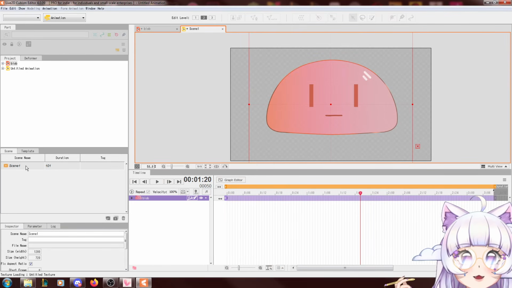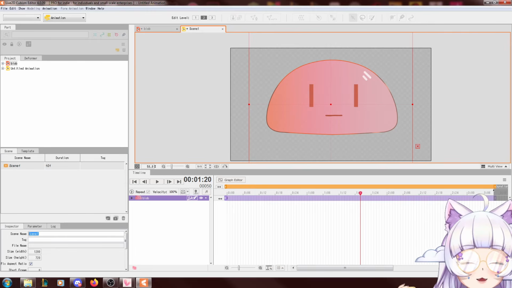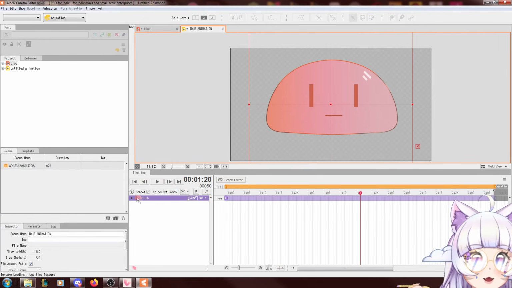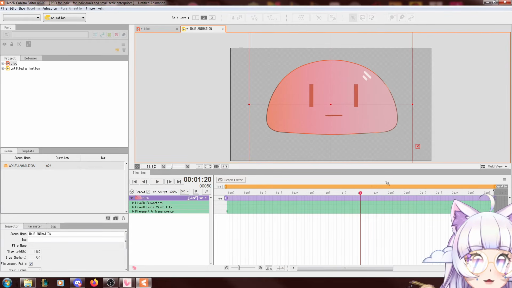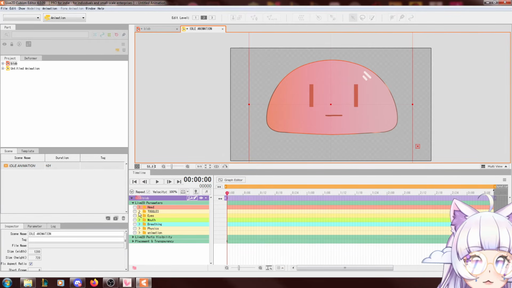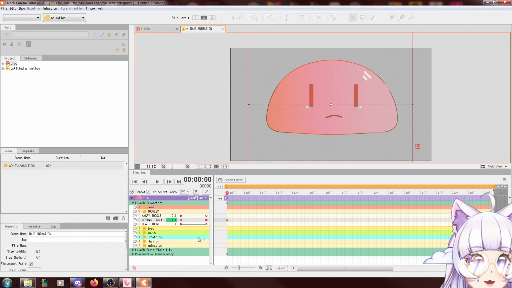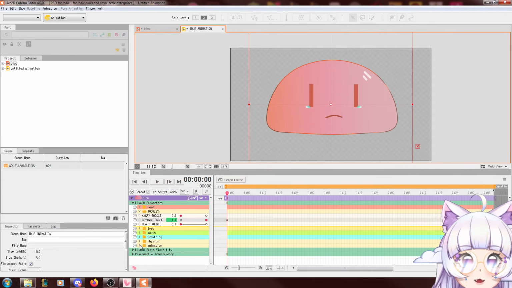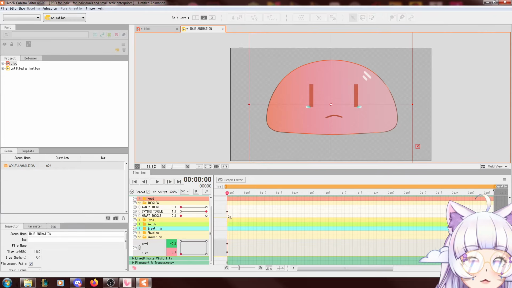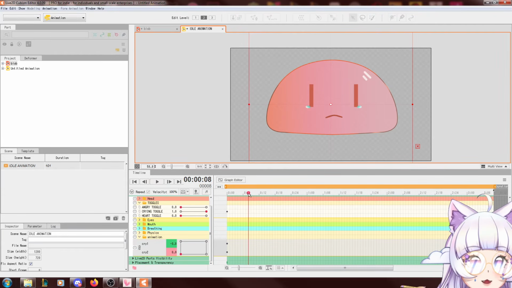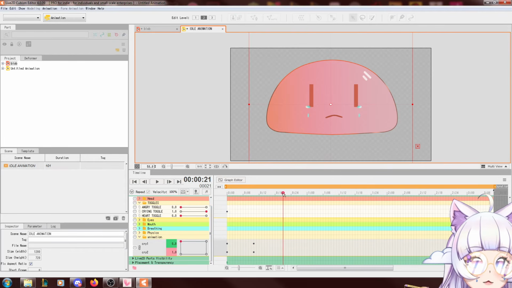You can go click on here. You can name this idle animation. How long you make it doesn't really matter. So we're gonna want to toggle on the tiers just so we can see what we're doing. Go into animation, go here, maybe at about 10, make this point activate, and then at about 20, make this point activate, and then at about 30, make this point activate, and then